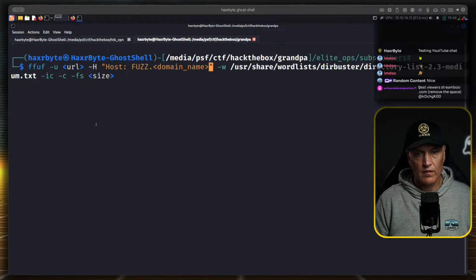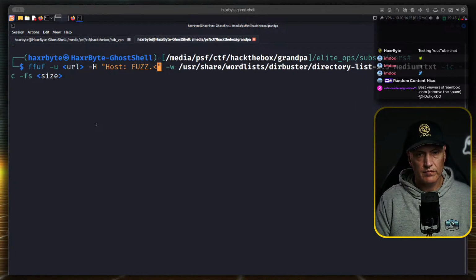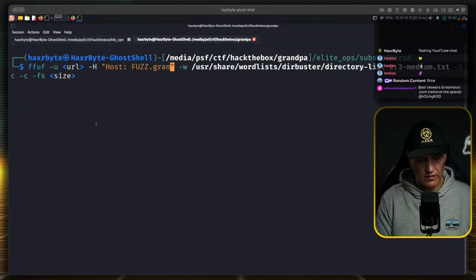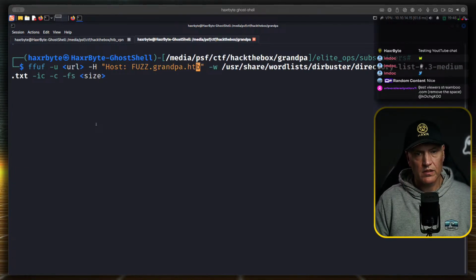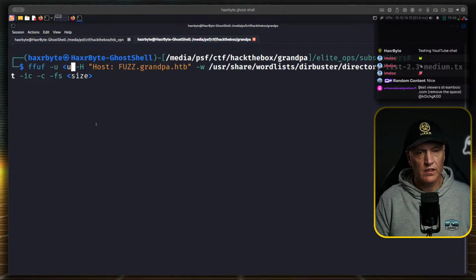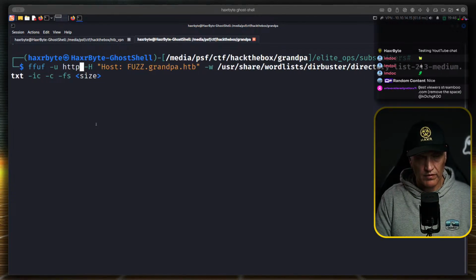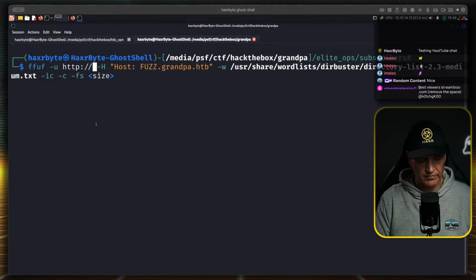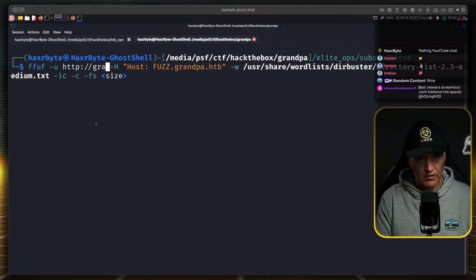So it's looking for anything in front of grandpa.hackthebox, so that's the virtual hosts, vhosts.